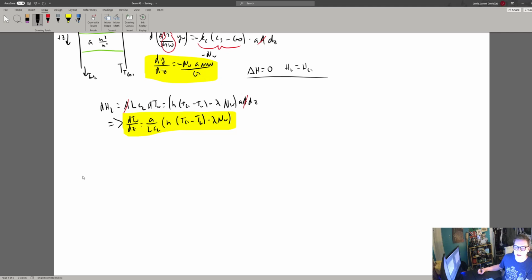So we're just going to take the equation for the change in the enthalpy of gas. It's going to be equal to the change in the gas flow rate, and we're going to multiply it by the heat capacity of the gas, and then we have to multiply it by the area and add